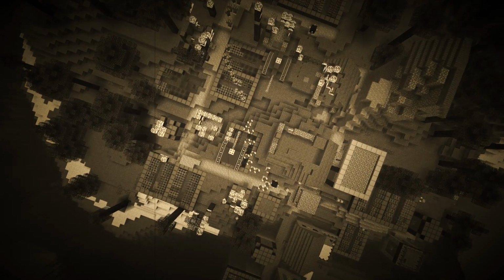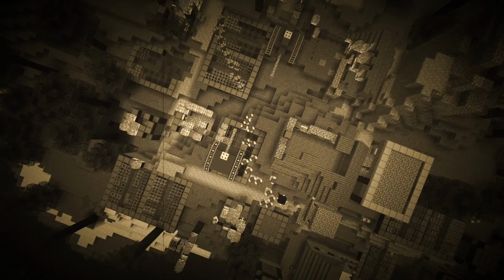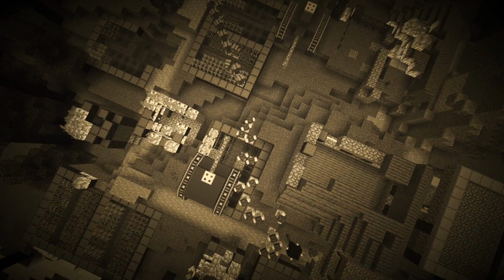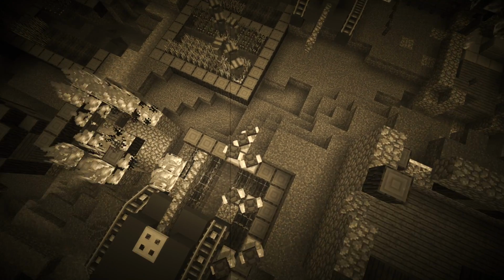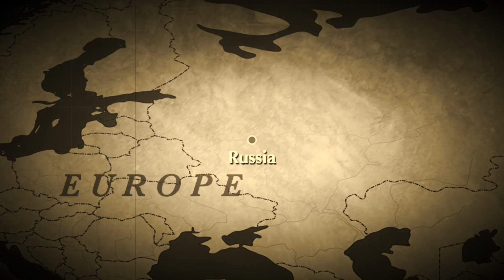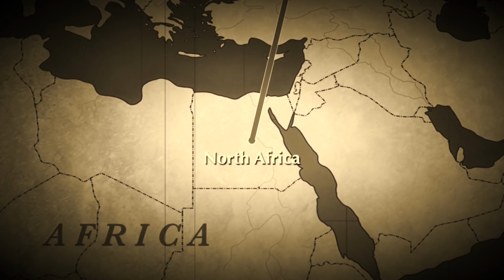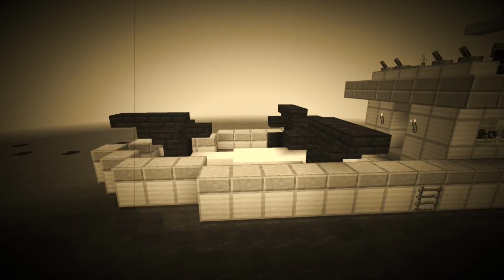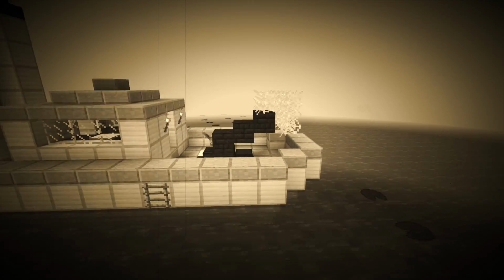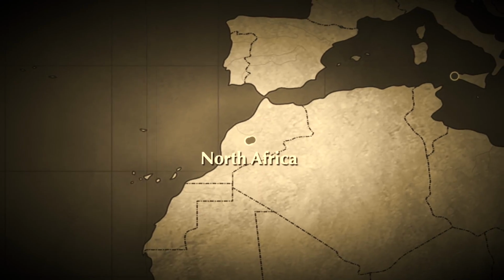To do this, though, meant a large-scale invasion, a very difficult task, and there would be thousands of lives lost. But if the Allies were to win the war, it had to be done. The first large Allied invasion took place in North Africa in November of 1942. This showed that the Allies could mount a large-scale invasion from the sea. The next step was a full-scale invasion of Europe.